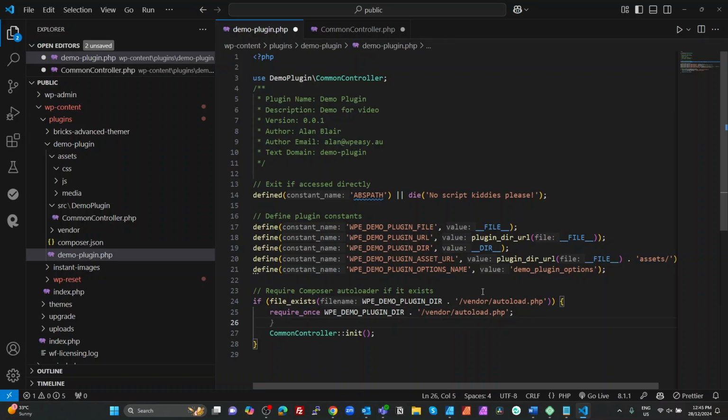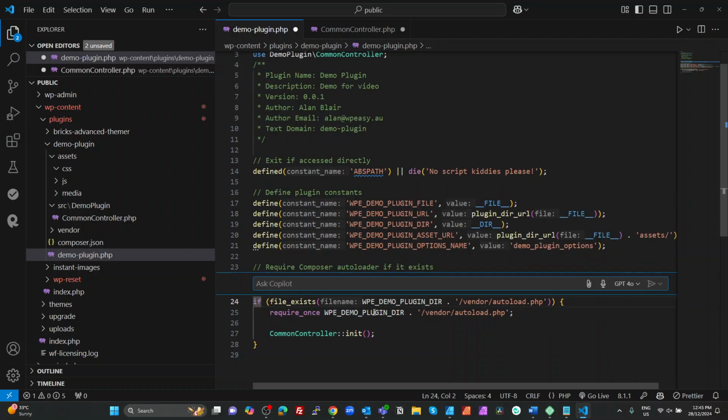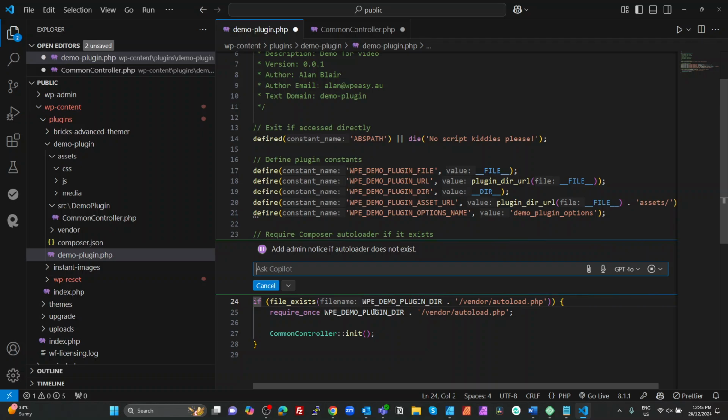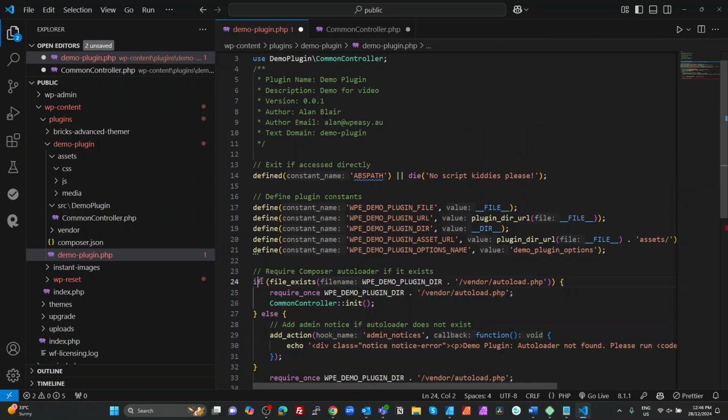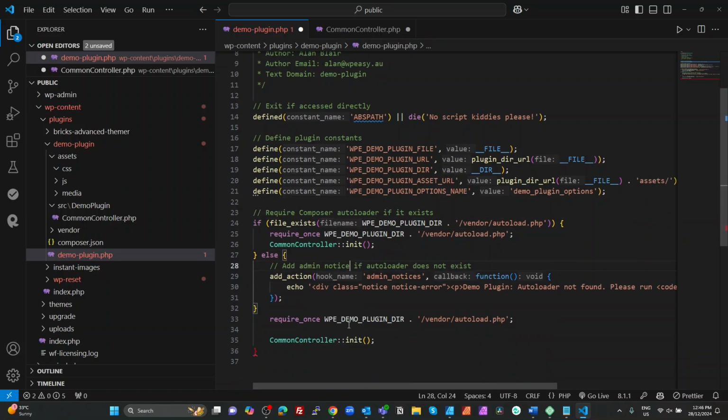Okay, so let's have a look at one other thing here, and that is we're going to add in here. I'm going to just click here. I don't think it matters where you click here. I'm going to do a Control I, and I'm going to add admin notice if autoloader does not exist. Okay, pretty plain form English. Enter. All right, there we go, accept that. All right, now it's added